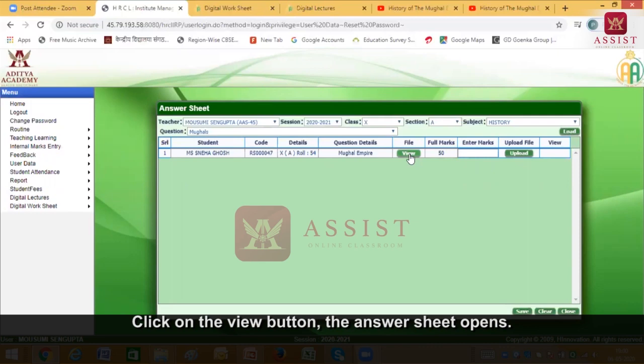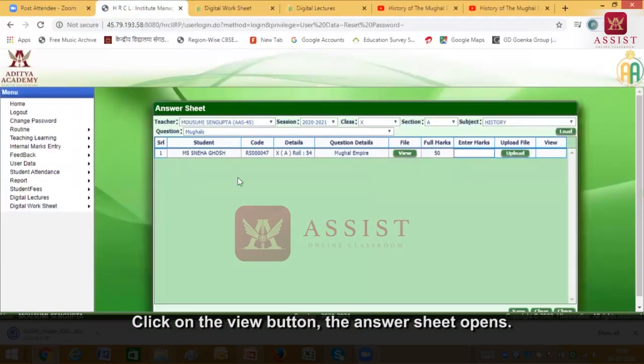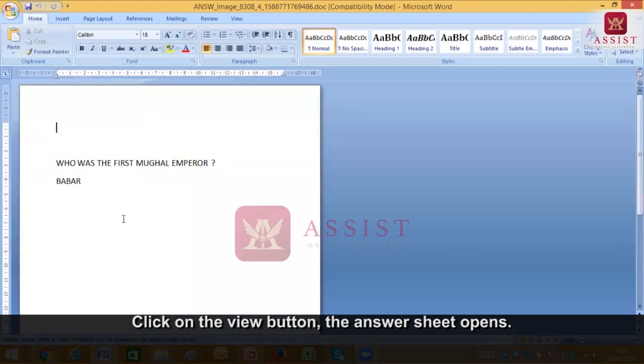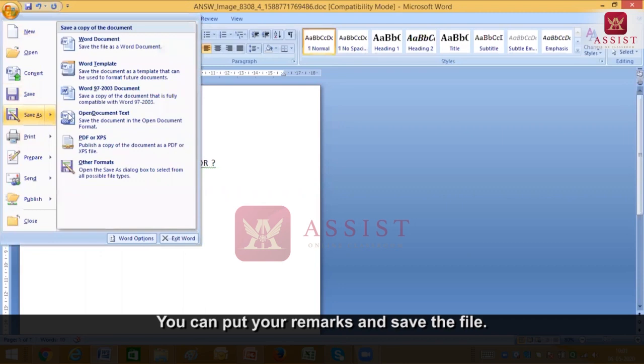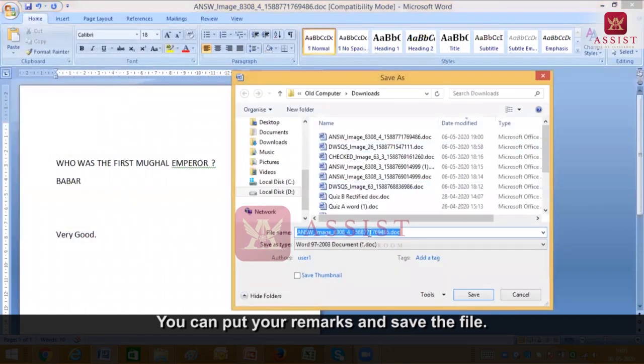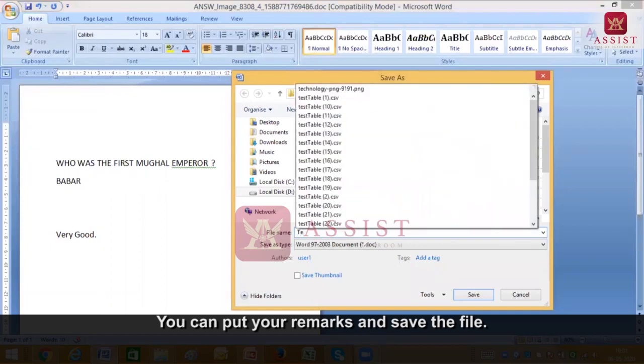I click on view. The moment I click on view, the answer sheet has got downloaded and the answer sheet has come. Now what do I do? I give my remarks. Suppose I write very good. And that's the remark I give. And I save it as, suppose, teacher reply on the desktop.